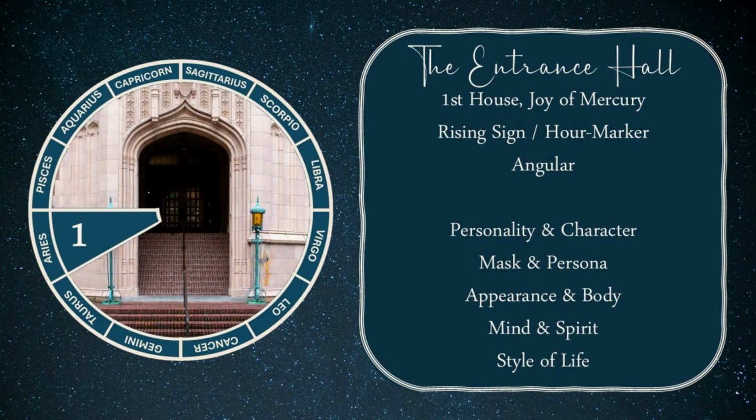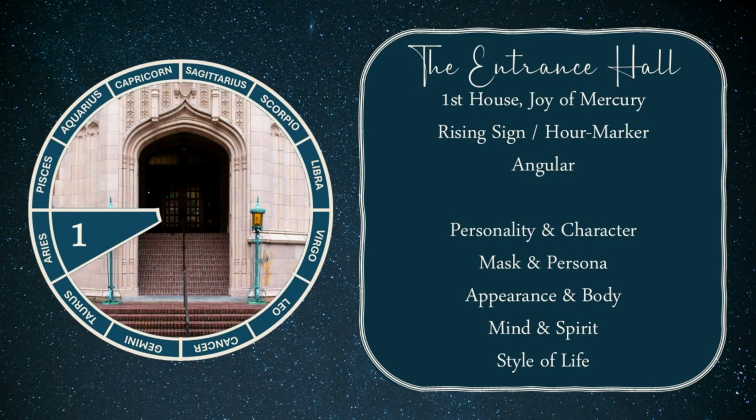This is a very strong angular house, for it is all about us. The first house gives us our character and personality, our strengths and weaknesses, which in turn help us deal with life itself. It shows us the personal qualities through which we can get ahead in life, because from a young age we have been taught that those traits are appropriate. With this, we tackle life as a whole.